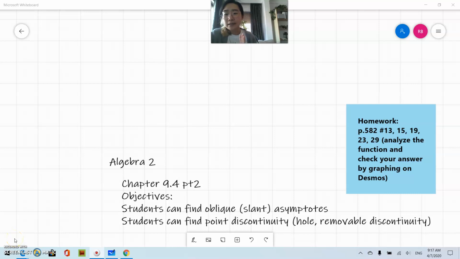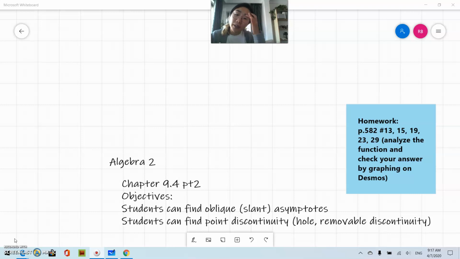Hi guys, this is the second part of section 4 of chapter 9, and we are going to learn about how to find oblique asymptote, or sometimes called slant asymptote, and also point discontinuity, which is also called a removable discontinuity, and a hole. And this might run a little longer because we have to review long division and synthetic division and things like that. If it does run long, then I will cut and continue the lesson